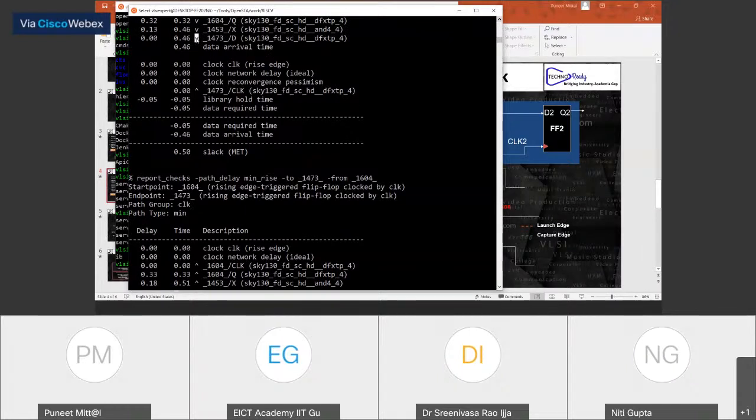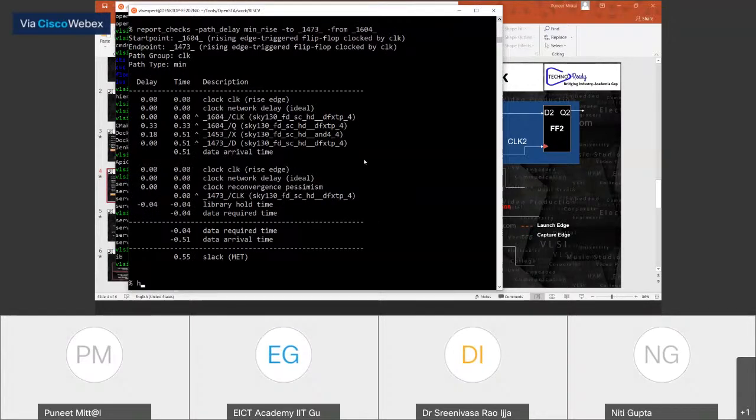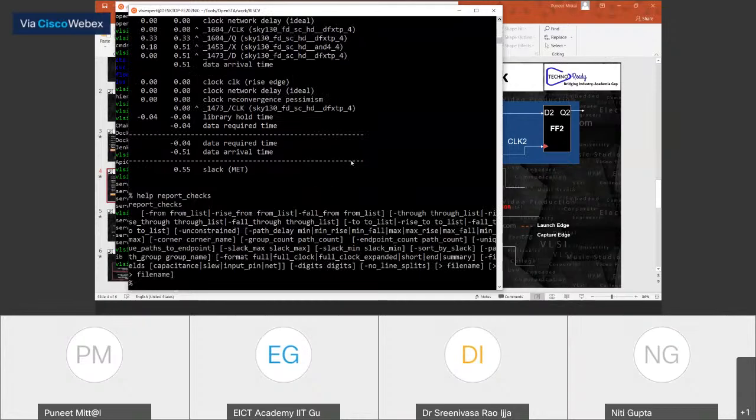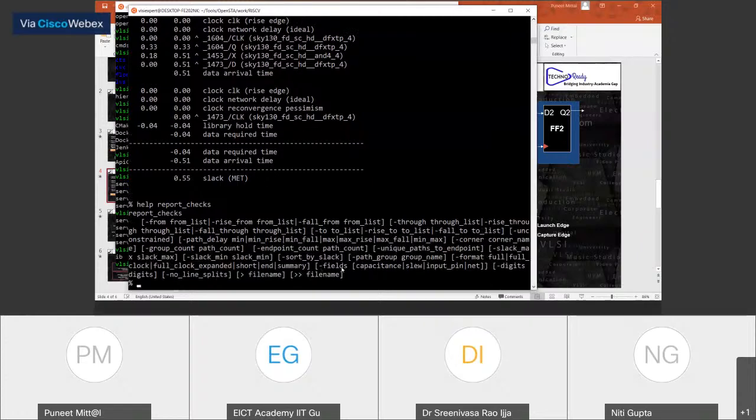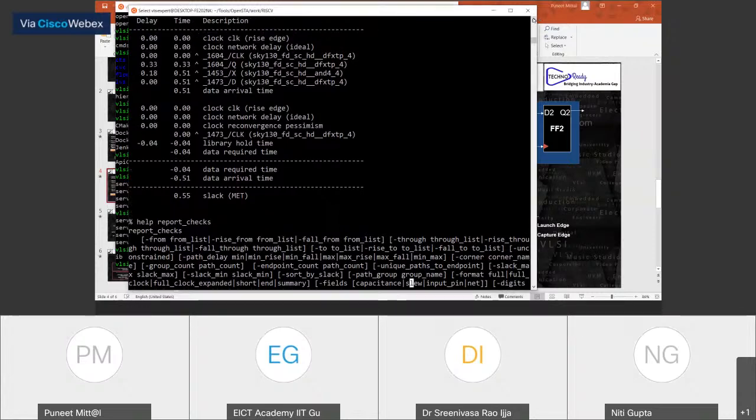Now, if you want to see the transition time, there is a command for that also. If you want to see, help report checks. There is an input fields option. If in that particular field you just write slew, you will get the slew. Let's try that particular part also, so that when you try it, at least you will get it.